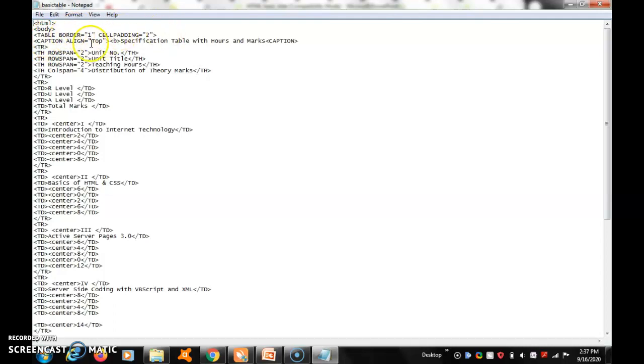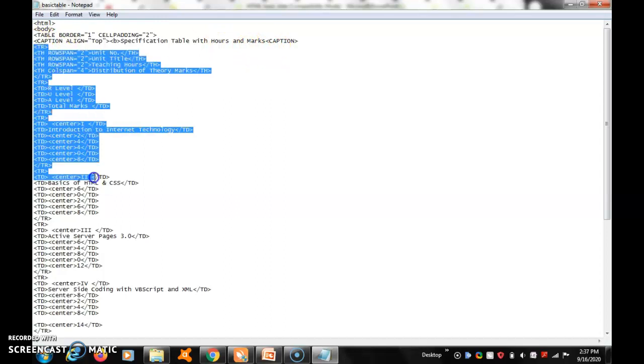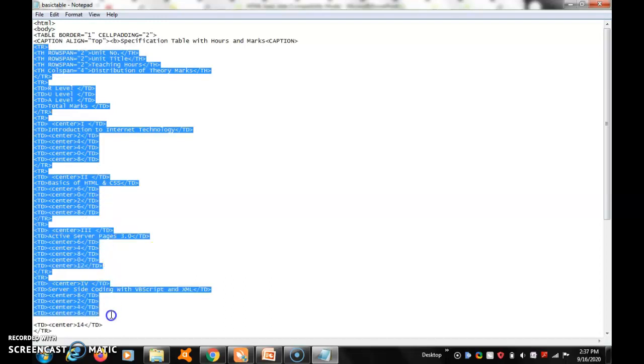Here in the body we are specifying border sizes. Okay, cell spacing means a double line will come. Cell padding 2 means some little space also will come. Okay, align top, space specification, table width. So here TD, TR, all of this starts from the body only, table border.